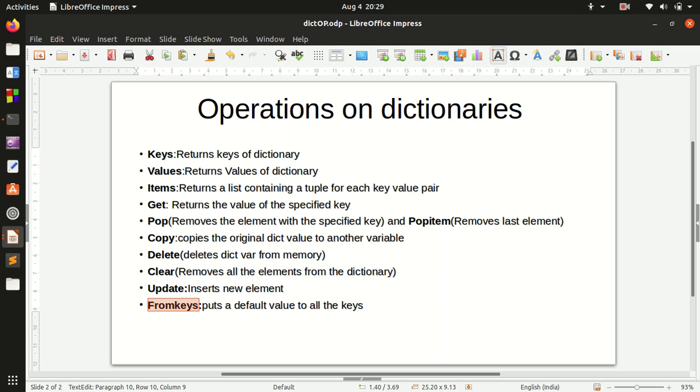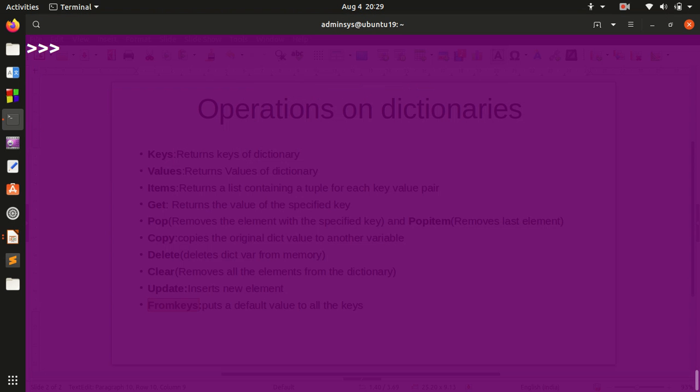And next we have fromkeys. So this is used to give default values to every key. Okay, so for this I need to mention a list. Let's say m1 comma m2 comma m3. Let's say that a student did not attend his final exams, but the faculty wants to give him marks based on his past marks and past attendance details.